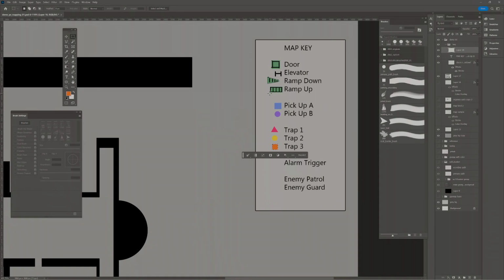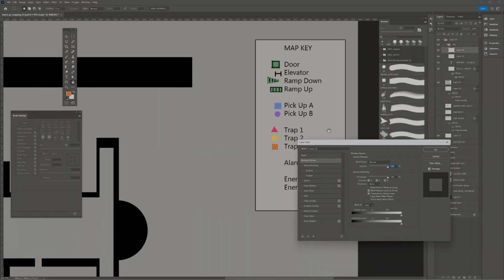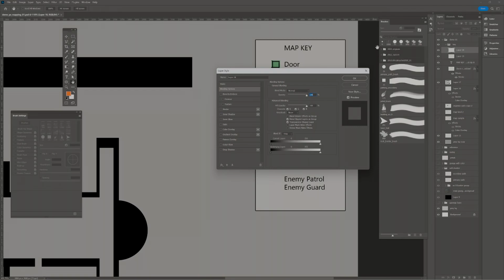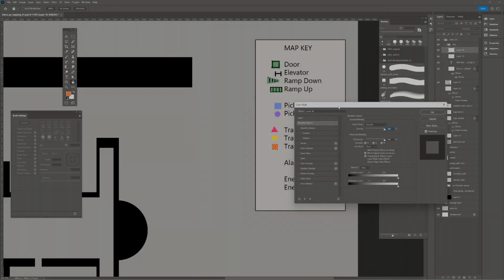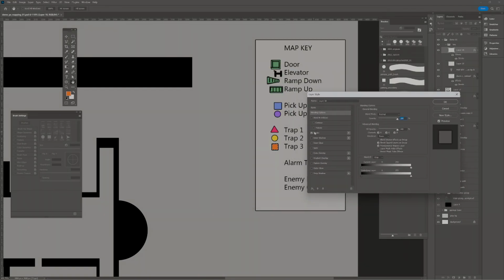Okay, so for all of these, I did do an outline on the green, but I forgot to mention I was going to show you how to drop the layer styles. So Control Shift and do a new layer below it. So if you have layer styles on something, I'm going to do that for all the little icons we just made. Right click, and we're going to go to the blending options, which brings you to layer styles. I don't know why they don't just call it layer style from the menu. The stroke here, click on that one time. There you go. Now you got a nice little border on there, and you see it's 4 pixels,